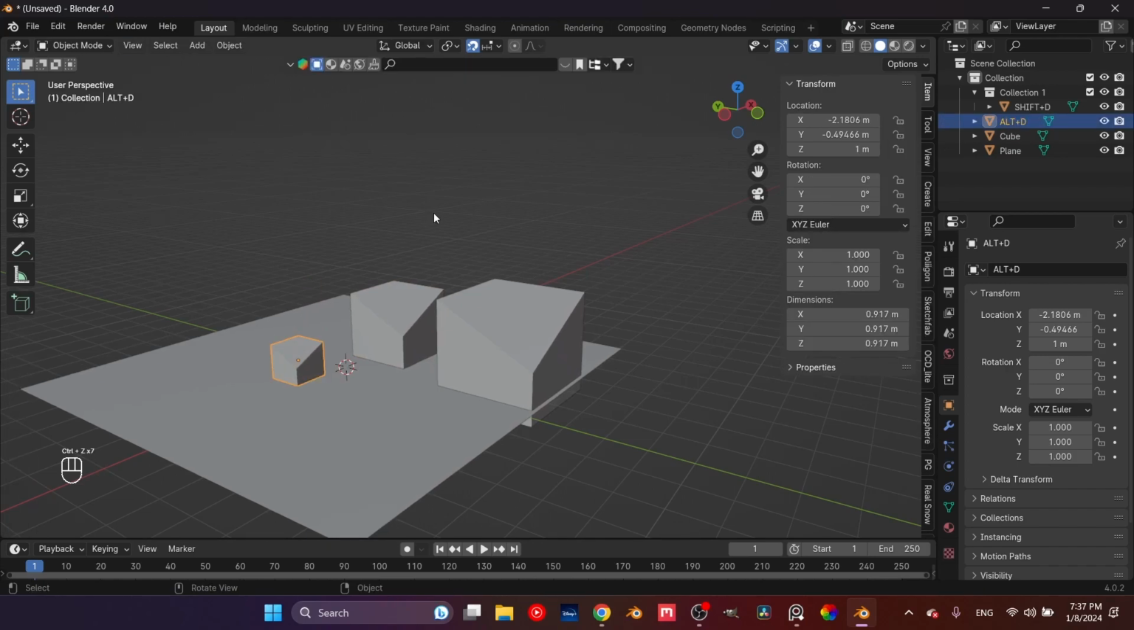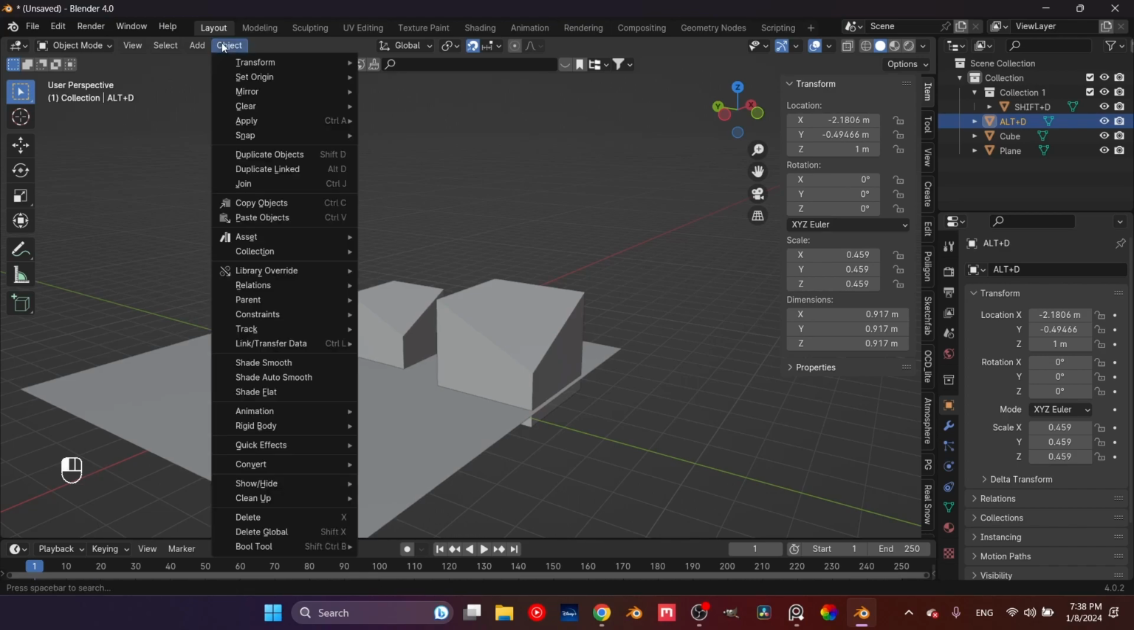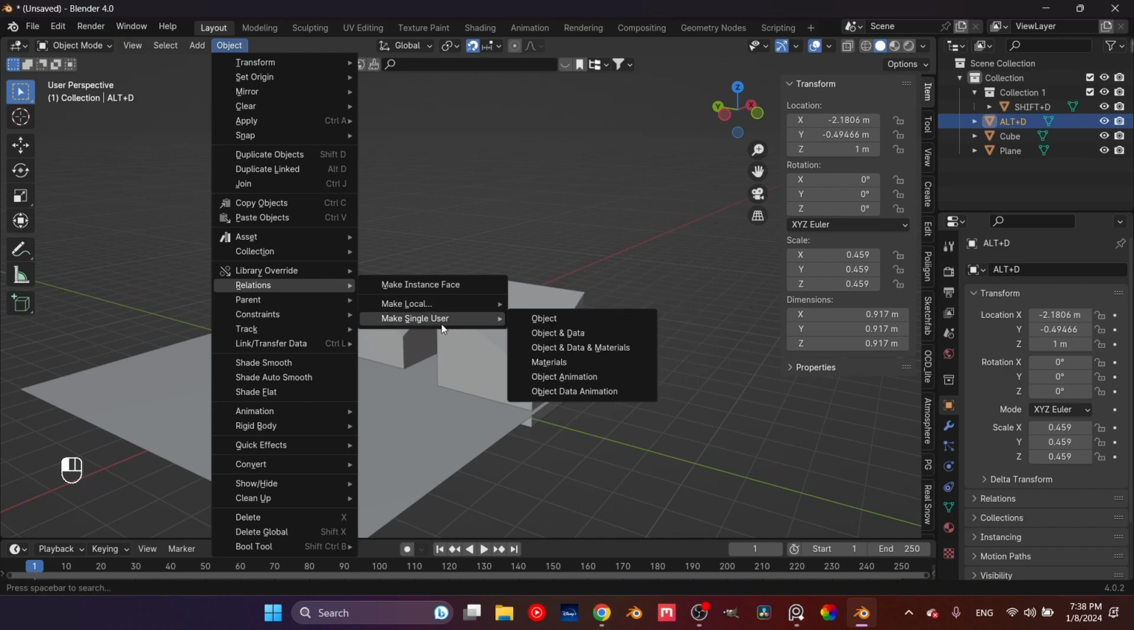Now, if, for example, let's say you alt-duplicate an object and, halfway through, you think, hey, I don't want this anymore. Like I don't want this to be linked to this original one. I need it to be separate. And you just don't want to apply the scale just to make this happen, right? What you will do is select the object, go to Object, go to Relations, and you can just make it a single user. And here you can choose object, object and data, or object, data, and materials. Because